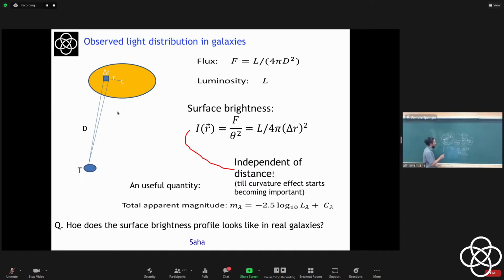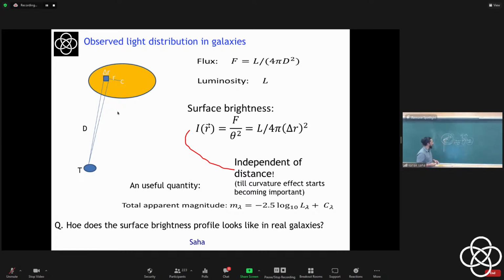But what we measure is this: if I give you an image of a galaxy, you see the surface brightness at a radius r from the center, if you talk about the circular radius. It could also be an ellipse. If you fit an ellipse, then it would be the semi-major axis. So this surface brightness is independent of distance from